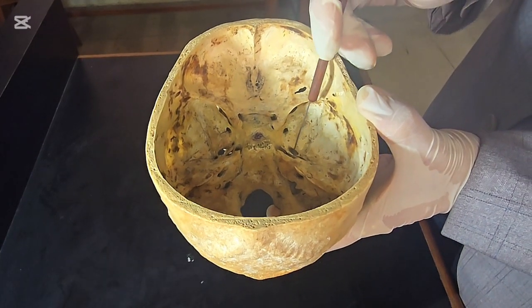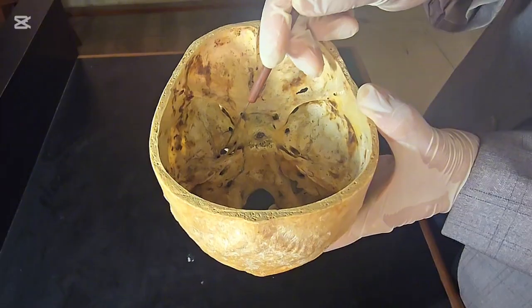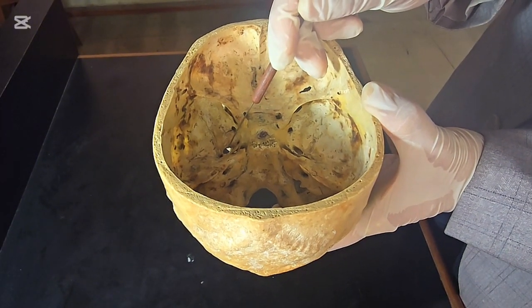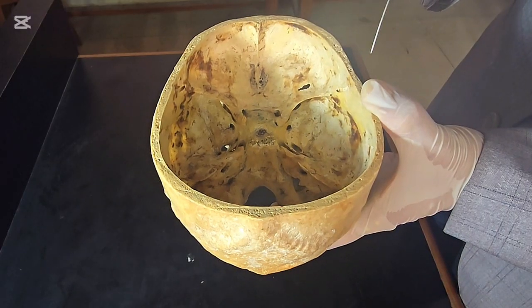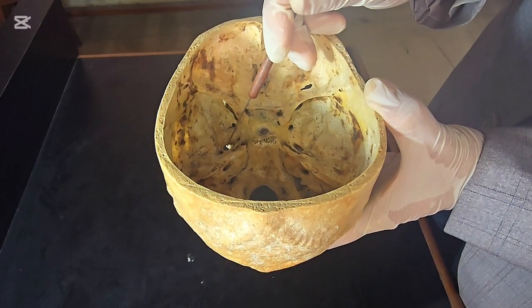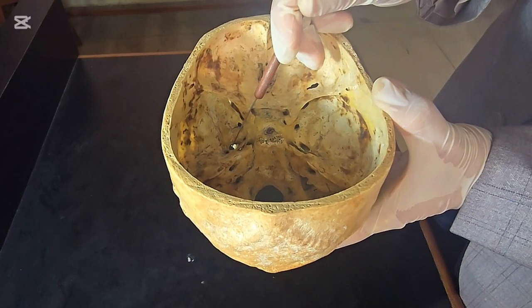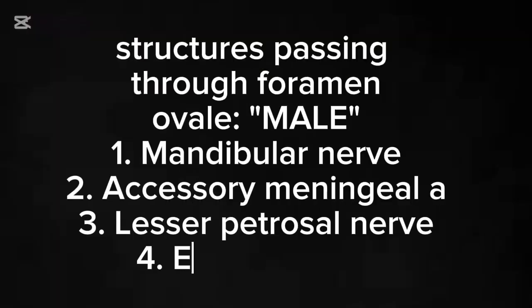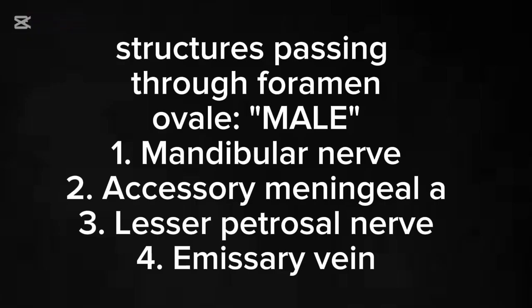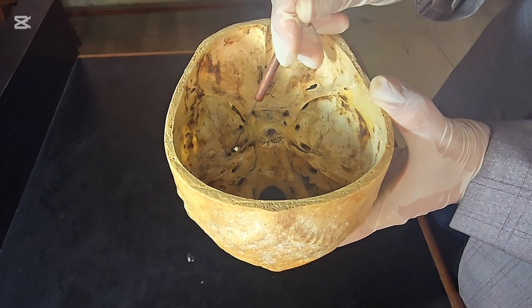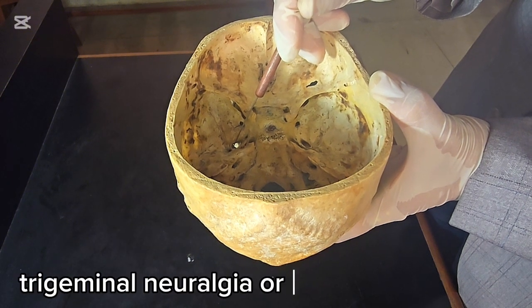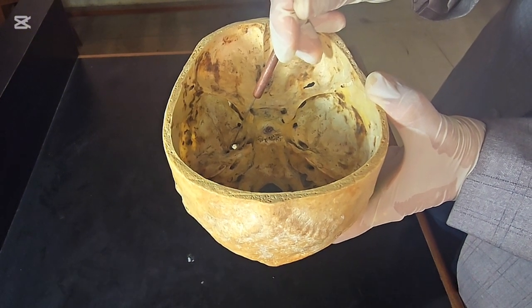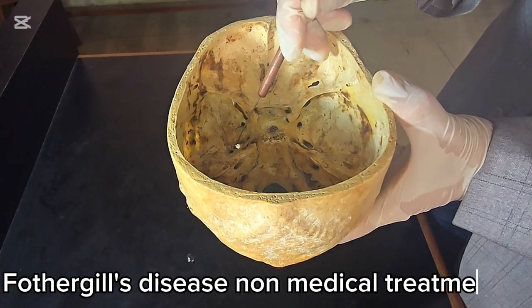The prominent foramen ovale, which in Latin means the oval opening, is present posterolateral to the foramen rotundum. The structures passing through foramen ovale are the mandibular division of trigeminal nerve, accessory meningeal artery, lesser petrosal nerve, and an emissary vein. If medicines are unable to treat trigeminal neuralgia or tic douloureux or Fothergill's disease, percutaneous rhizotomy using either